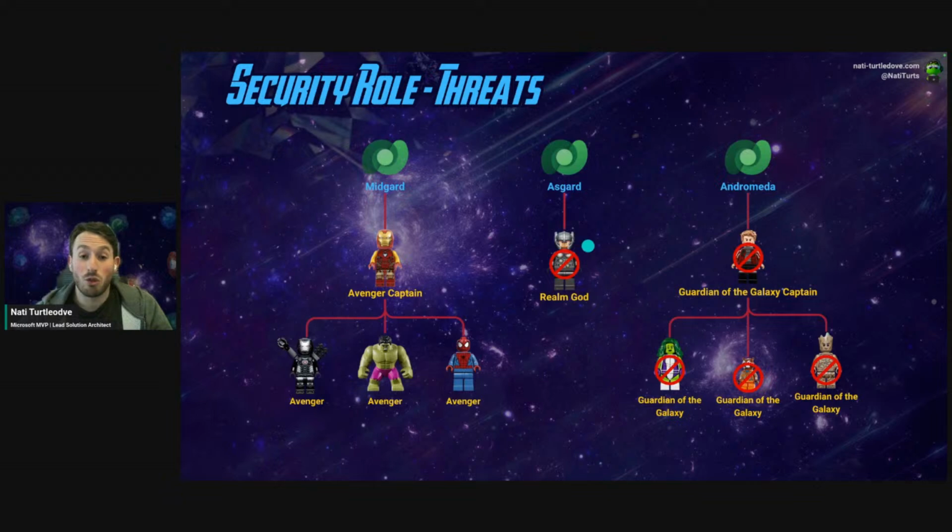If Thor, again, were to hold the exact same role that we just looked at now, he wouldn't be able to see that threat that Iron Man created because, again, he's part of the Asgard business unit, and the record that was just created belongs to Midgard, so he wouldn't have access on the org level unless he's got a security role that gives him privilege to that. And the same thing applies with our Andromeda business unit. Users within that business unit that hold the security role that we've just been through will not have access to this record that Iron Man just created.